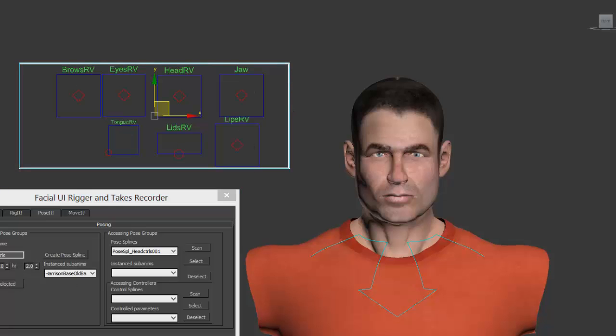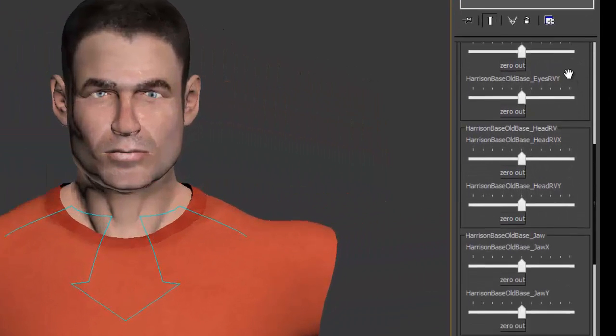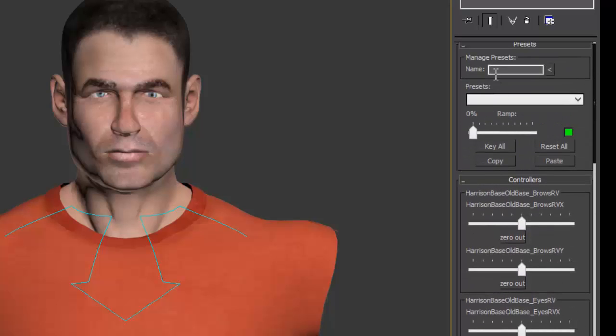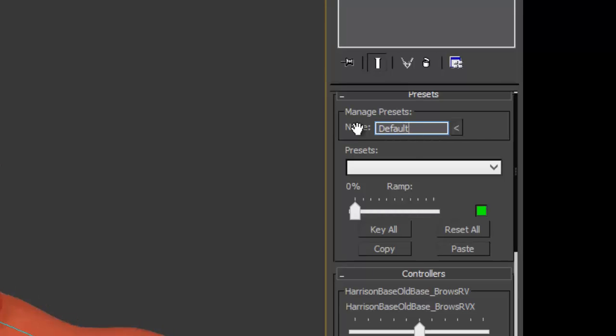So we're linking all of them now, and immediately on the modifier we get all those sub-anims that we're now in control of from the pose bar, so we can animate either directly with the joystick controllers or from the sliders on the right modifier, which also have a volume control. We set up as usual the default position,